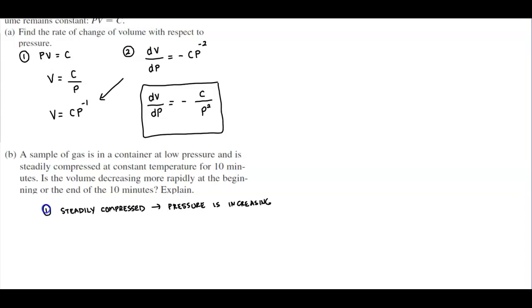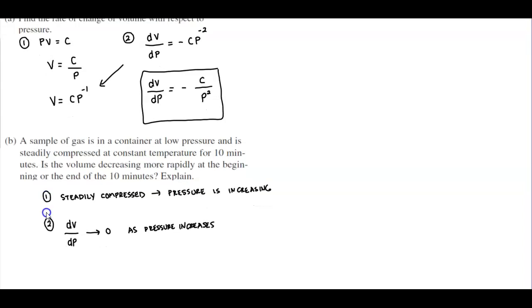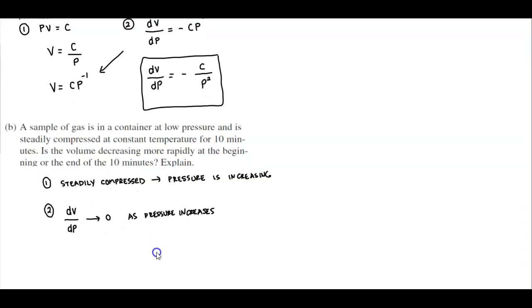And so what do we know? We know that the derivative of V with respect to P is approaching 0 as pressure increases, so therefore as pressure increases more rapidly in the beginning,